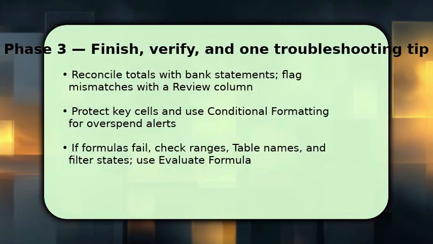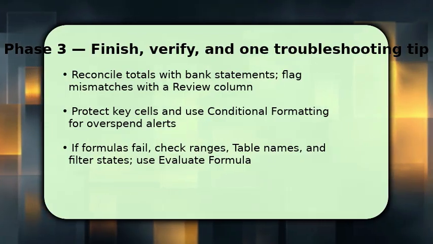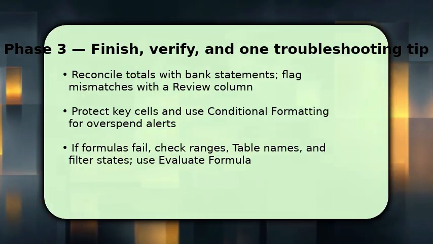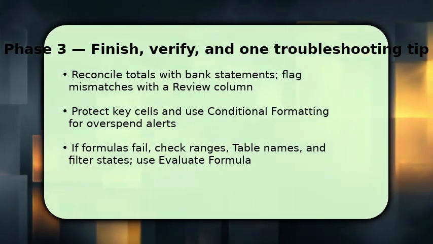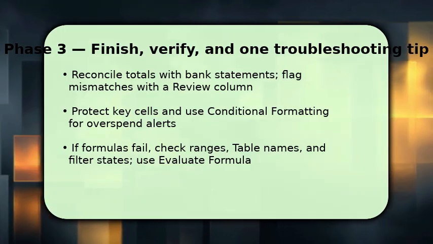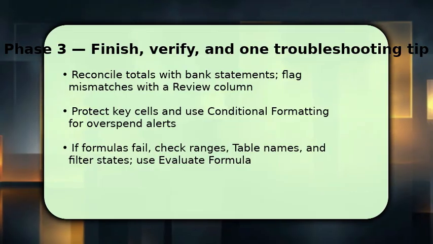Finish by reconciling with your bank or statements. Mark any mismatches in a review column so you can resolve them. Protect key formula cells and add conditional formatting to highlight overspending or negative balances. This creates actionable alerts. If something goes wrong, check that ranges refer to the table, not static cells, and that